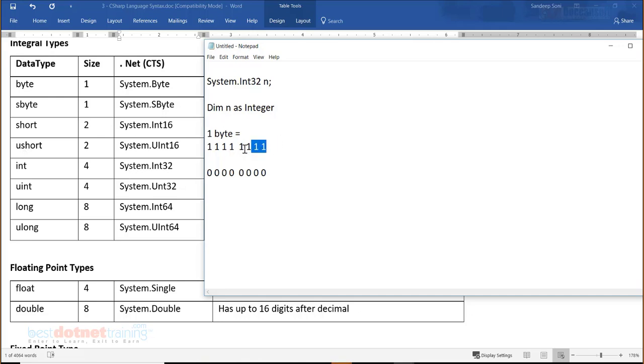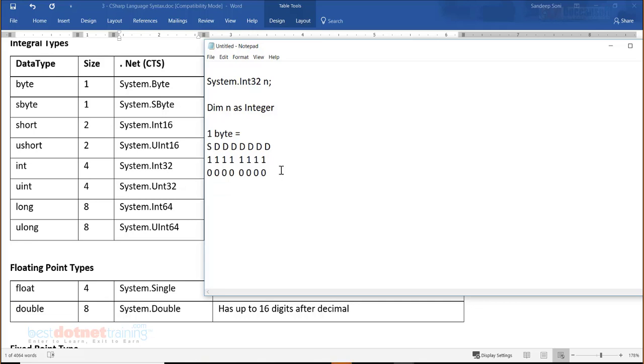Remember the basic difference between signed and unsigned. In case of signed, one bit is going to be a sign bit, whereas all other bits will be data bits. The first bit, the most significant bit, would be the sign bit. The rest of them are all data bits in signed.